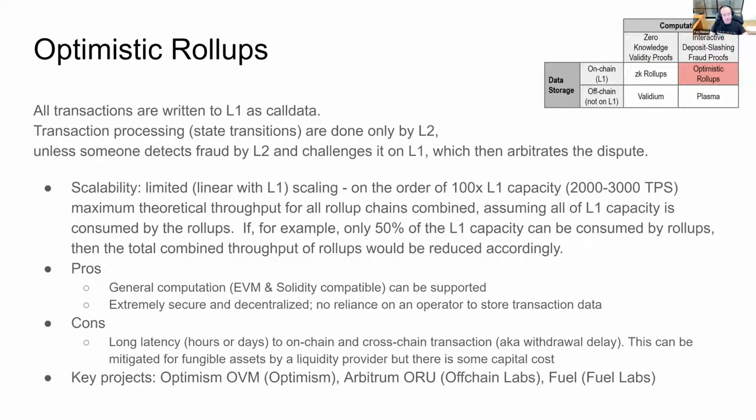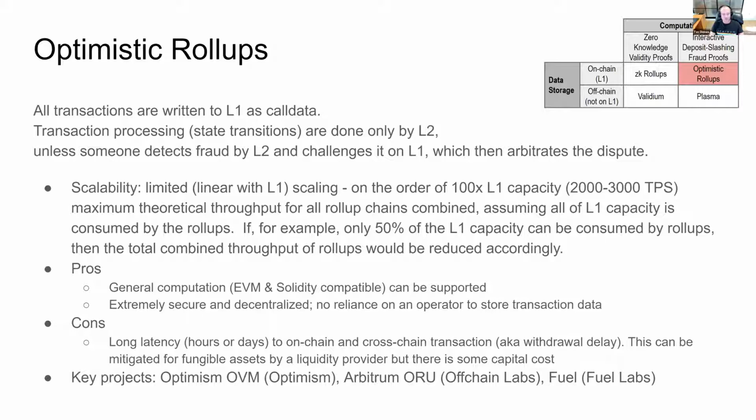Now on to optimistic rollups. So with rollups in general, all transactions are written to layer 1 as call data. So that means that your transactions and your state are saved on Ethereum mainnet. It's kind of used as a data availability layer. So the data is stored on mainnet. And call data is a way of writing the data into the Ethereum network at a lower cost than would be the case if you were doing the transactions directly on layer 1. So the transactions are not computed on layer 1, they're only saved as call data, which is a cheaper way of doing that and more scalable.